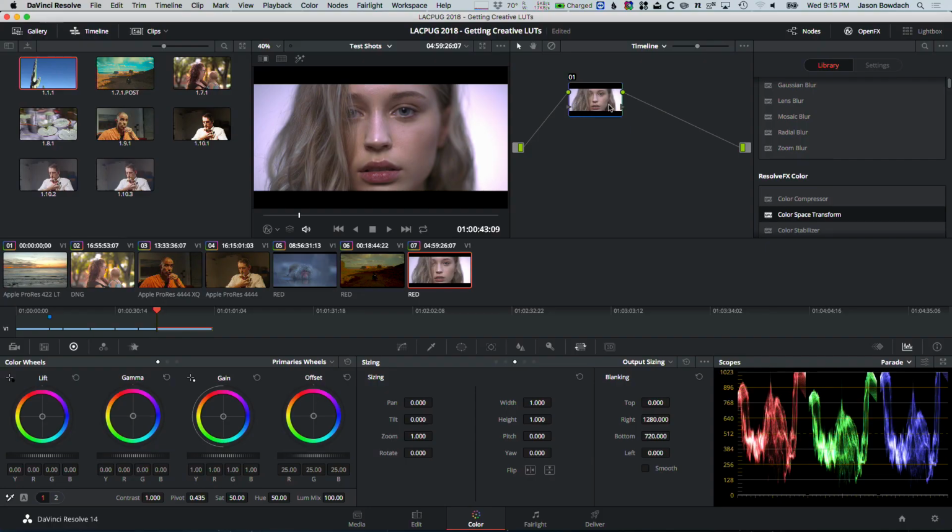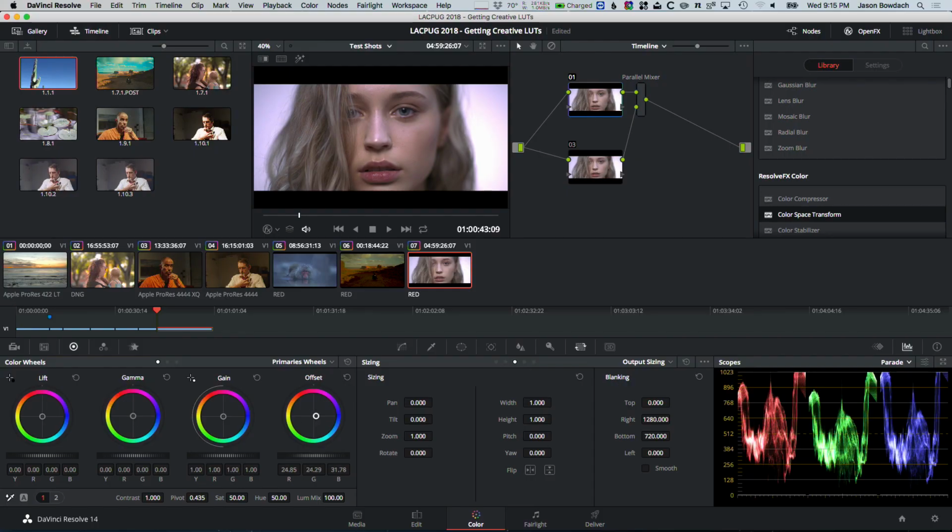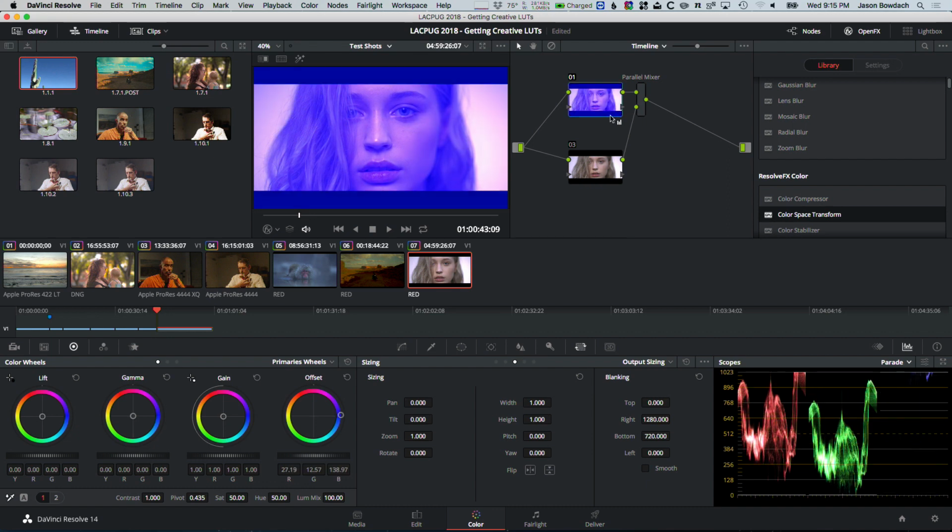So how many people are sort of advanced Resolve users here? Oh, okay, so I want to make sure that everybody understands this. What I'm going to do is add another parallel node. Now, parallel nodes are similar to if I had 2 layers next to each other with the opacity set to 50%. The signal is going through both of them, and then they're being combined at the same time. So if I apply a different thing to this clip, for instance, if I turn this blue and I turn this green,